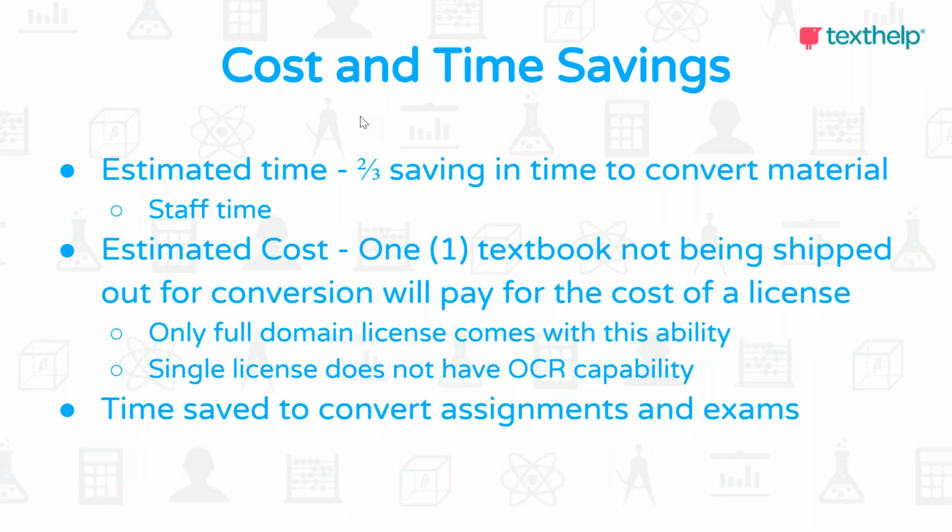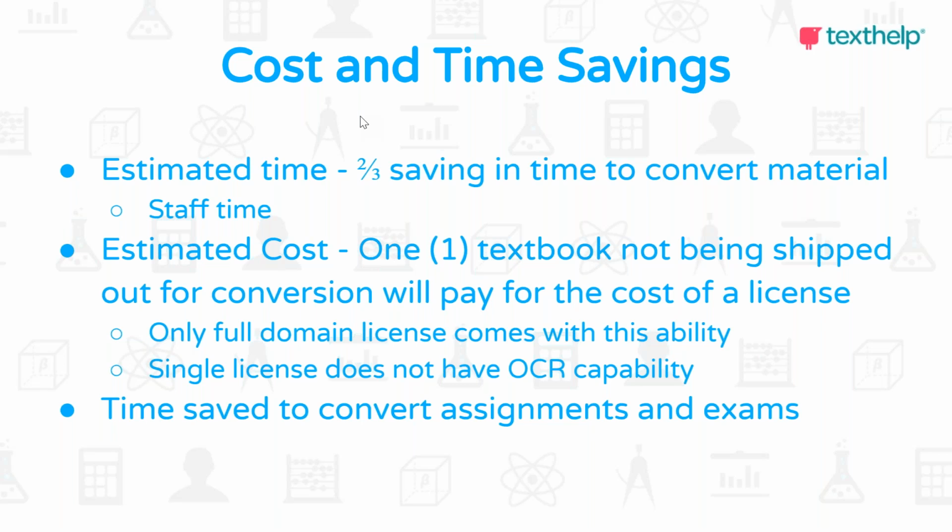I appreciate it. So we talk about cost and time savings. From what we're gathering, it's somewhere around a 2/3 time saving. So if it takes you 100 hours to convert a textbook in-house to an accessible version for a blind low vision student who's using a screen reader, cut 2/3 of that off and you'll be able to do it that much faster because you have these automations built in. You can do the OCR to get the math-eval or the description. You can do the typing because you have the prediction behind you as opposed to clicking.